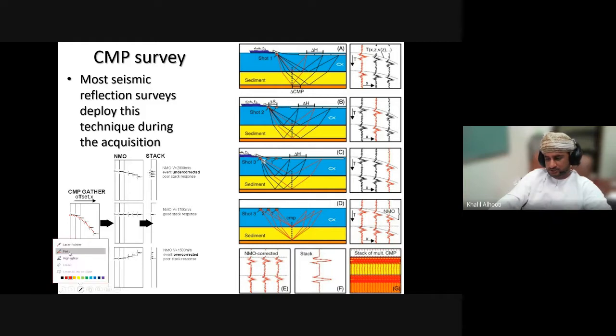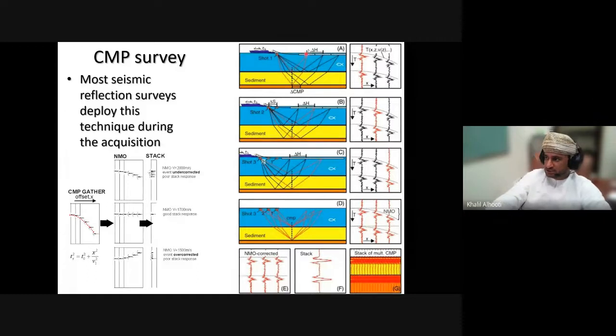See the pointer? Here the shot has happened. This geophone or this hydrophone will receive energy from 2 different reflectors. First reflector, the second reflector. 2 different reflectors. And based on Fermat principle, we say that the energy takes the shortest path between source and